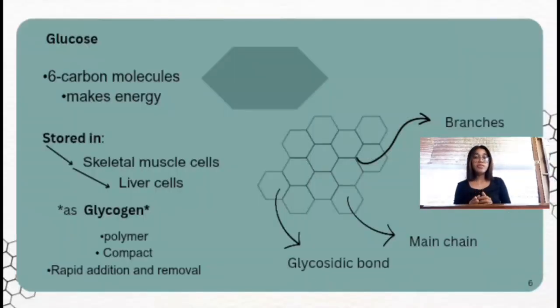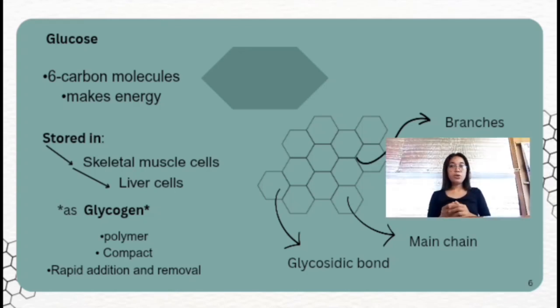So, glucose is a 6-carbon molecule that makes energy in the form of adenosine triphosphate or ATP. Glucose is such an important energy source that our body stores excess in skeletal muscle cells and liver cells as glycogen. Glycogen is basically an enormous molecule or polymer, made up of glucose molecules linked together by glycosidic